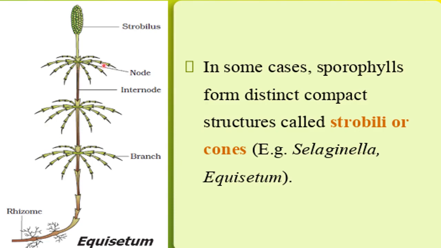These leaves are present here. This is the stem. Between these two leaves, what is this? This is called the internode, the gap from one node to another node. Here these are nodes, this one and this one. This portion between two nodes is called the internode. This is the rhizome and these are roots.